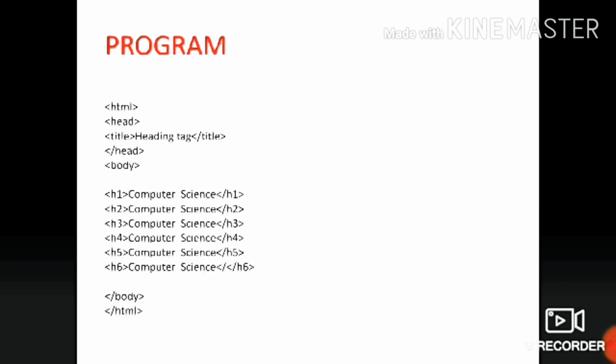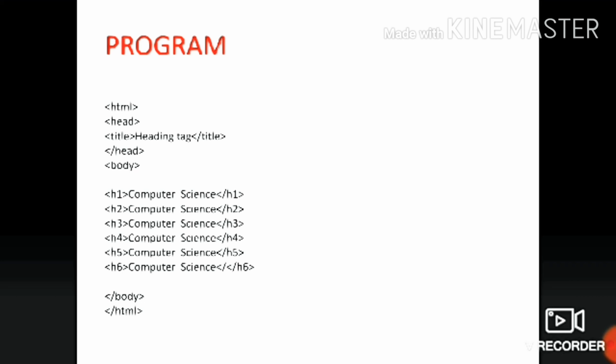Then next, this is a program for the heading tag. Every HTML program starts with an HTML tag. Then next is a head tag. Head contains information about the document. Then next is a title. Title contains the title of your document or program. You can give any title according to your program. Then next, close that title, close that head. And then next is a body tag. It contains the output or data that we want to show in a browser.